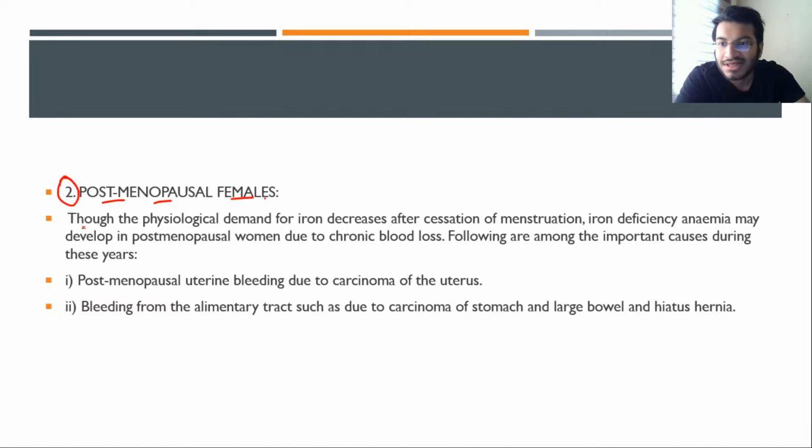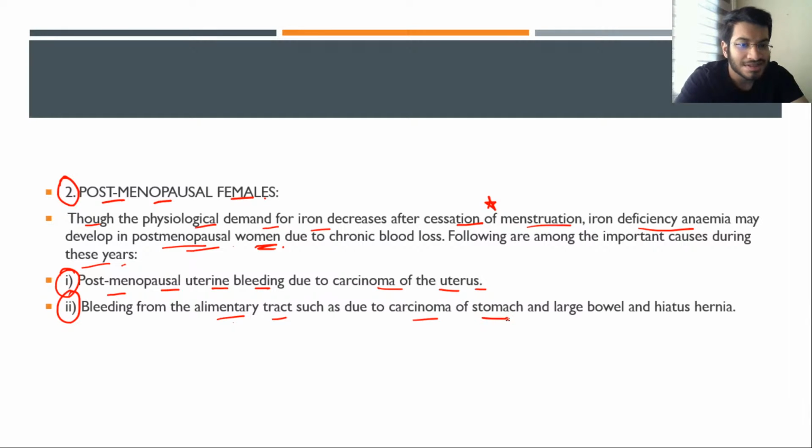Postmenopausal females. Though the physiological demand of iron decreases after the cessation of menstruation, iron deficiency anemia may develop in postmenopausal women due to chronic blood loss. Following are among the important causes during these years. First is postmenopausal uterine bleeding due to carcinoma of the uterus. Second, bleeding from the alimentary tract such as due to carcinoma of the stomach and large bowel and hiatus